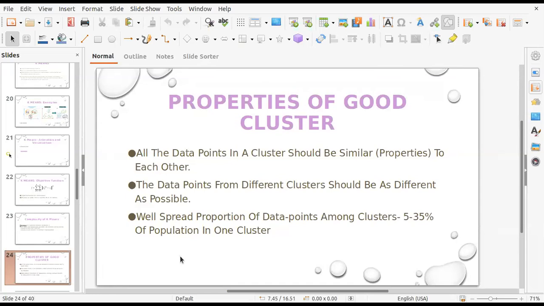So it is 5 to 35% of the population in one cluster, depending, of course, on the number of clusters you are forming, but as far as possible, the distribution of points amongst the clusters must be appropriate. Now, if the classification adheres to all these points, then we can say that we have formed a good cluster, or that clusters are formed appropriately.